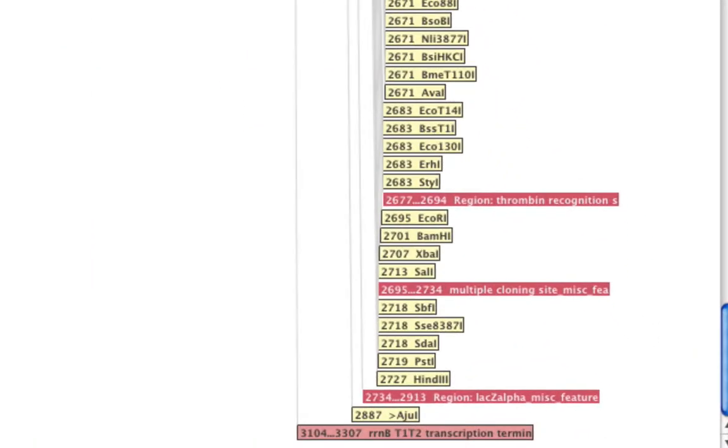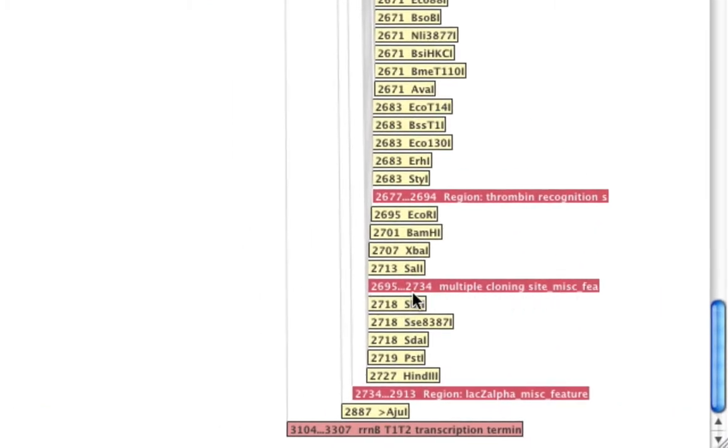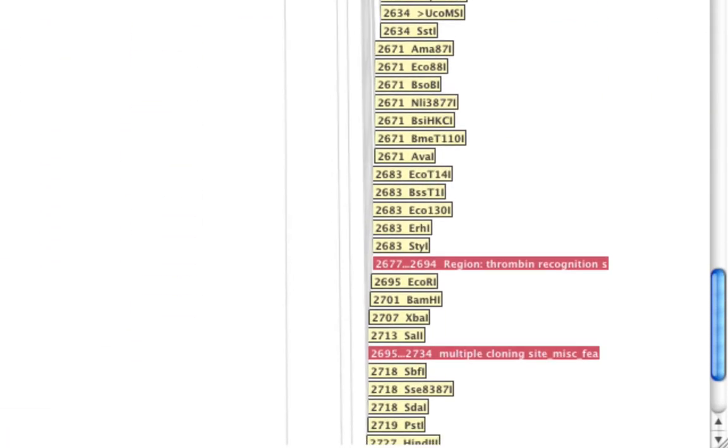And so we'll take a closer look at the multiple cloning site where we want to insert our gene. It starts from 2695 EcoRI and then BamHI, XbaI, SalI, etc., and goes all the way to HindIII. So we can choose any of these REs and use it to clone the erythropoietin gene, which will eventually be produced as a fused protein with maltose binding protein.